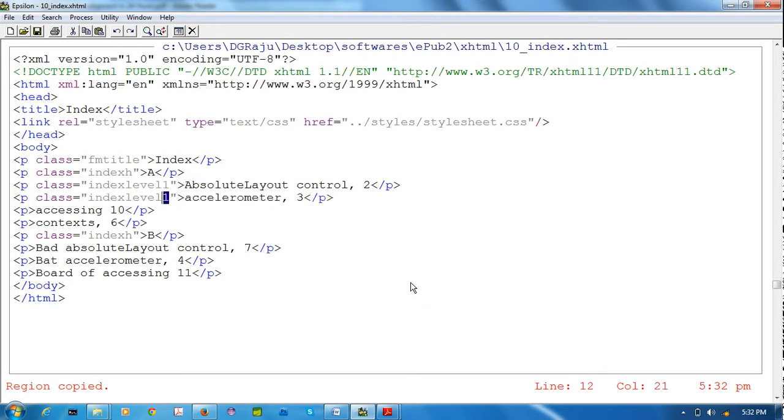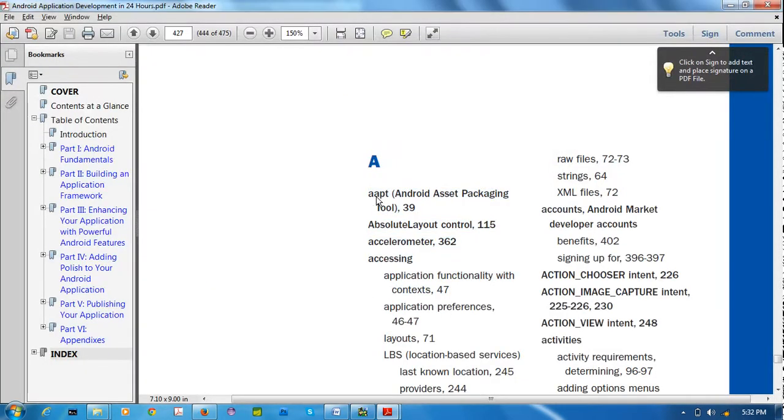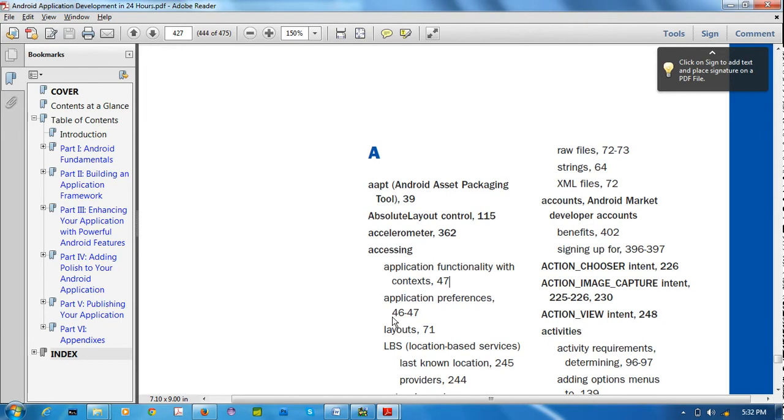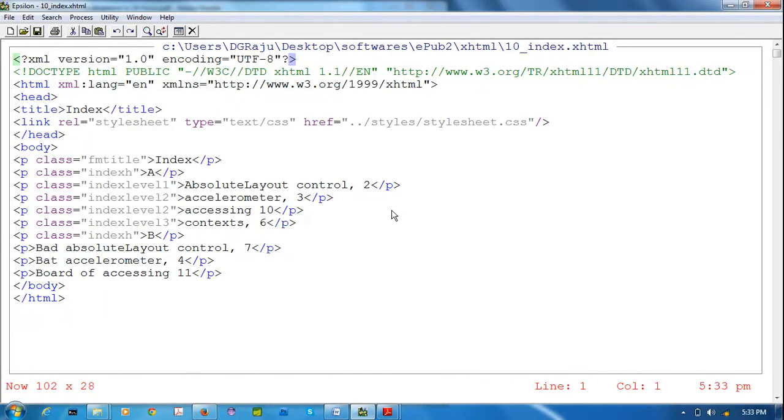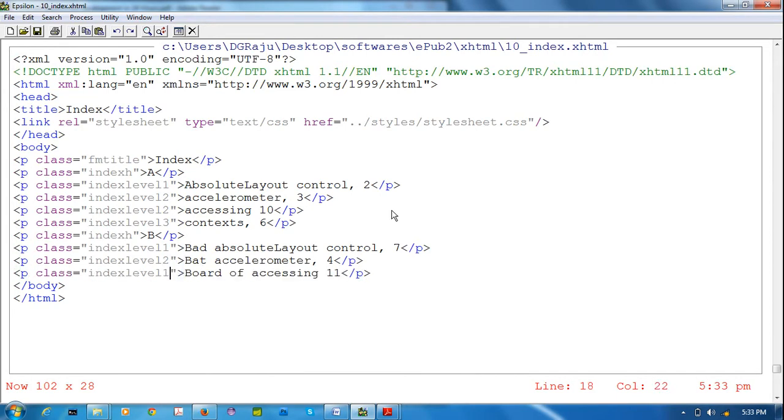This is level 2. This one is level 1. This is level 2. This is level 3. Like that. I am giving some sample levels. Okay. This is level 2. This is 3. Okay. Sample. Okay. This is our index file.